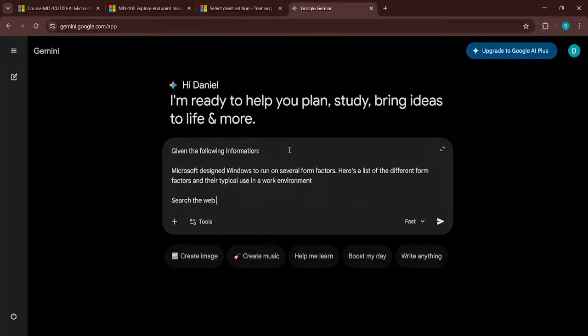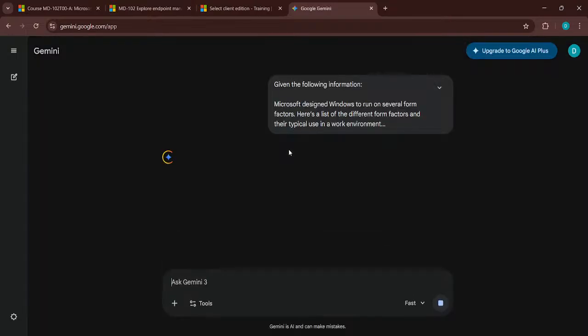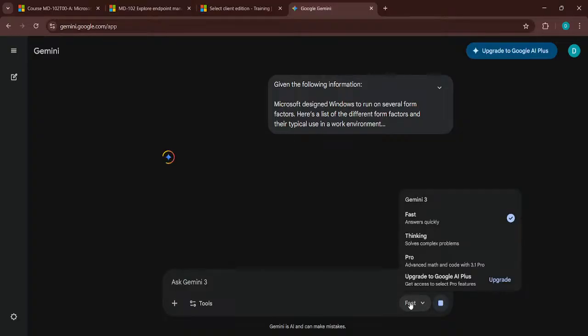Search the web. It is what is on to in this content. I hope it will search the web with the fast model because